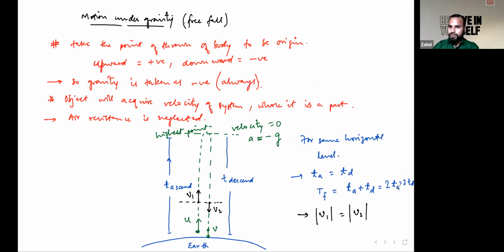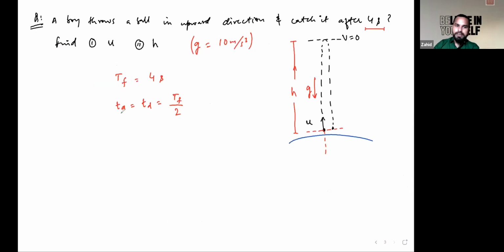As time of flight is 2 times the time of ascent or 2 times the time of descent, you will write time of ascent is equal to time of flight divided by 2. From this, you get the time of ascent. Now,